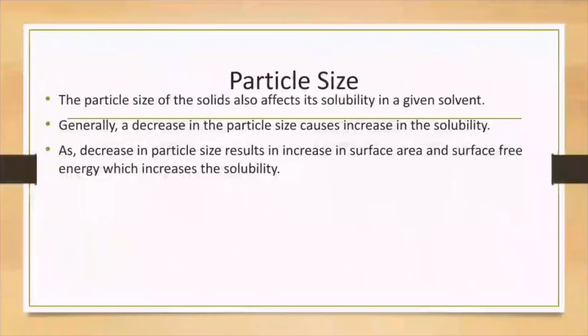As particle size is less, it gets more surface area, and the higher the surface area, the higher is the solubility; the lower the particle size, the higher is the solubility and the higher is the dissolution in body fluids or in various solutions. So if the particle size is less, it provides a larger surface in order to get solubilized in a particular solvent. So now in this video we have studied three factors: temperature, common ion effect and particle size. And based on how much you have understood, there are 5 MCQs which you have to solve by yourself.